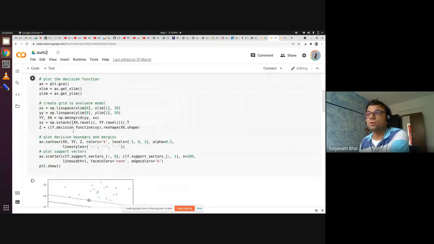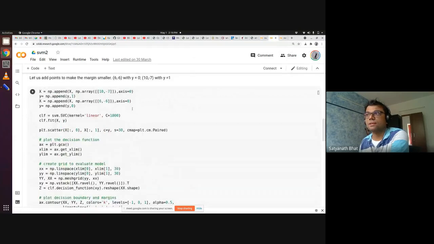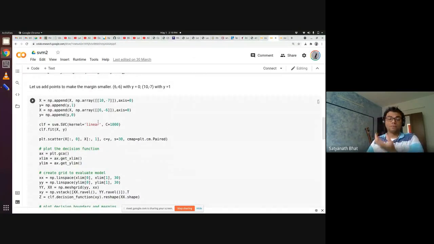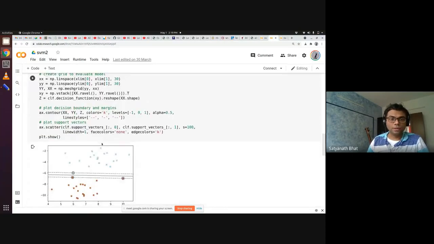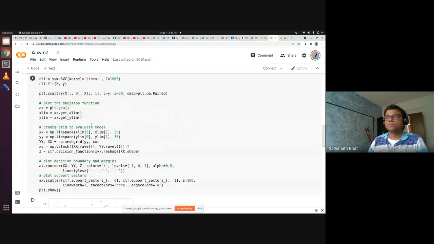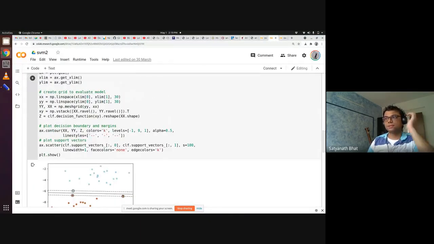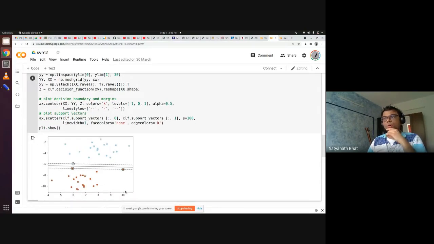This is the original SVM as you saw, and we will add a few points which make our data not linearly separable, but we will add points such that the margin reduces. Okay. So there are a few points that I have added. Where have I added them? Let us see. These are the points that I have added to the original training set to make my margin smaller. Okay. So now if I want to increase this margin, what will you do?